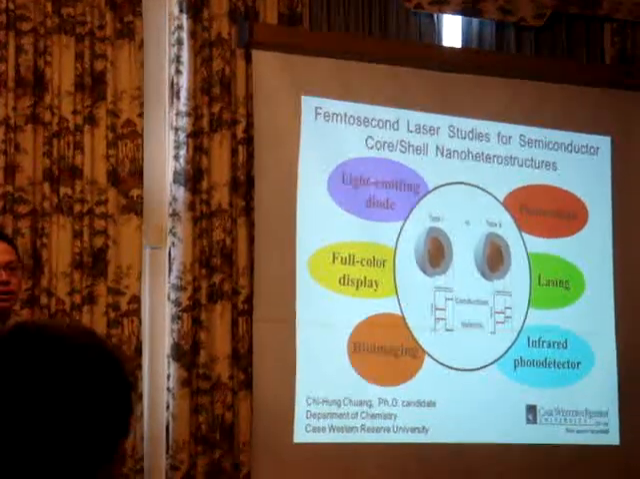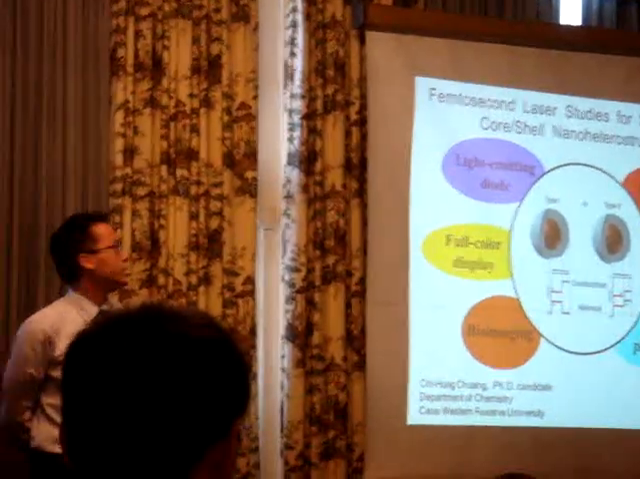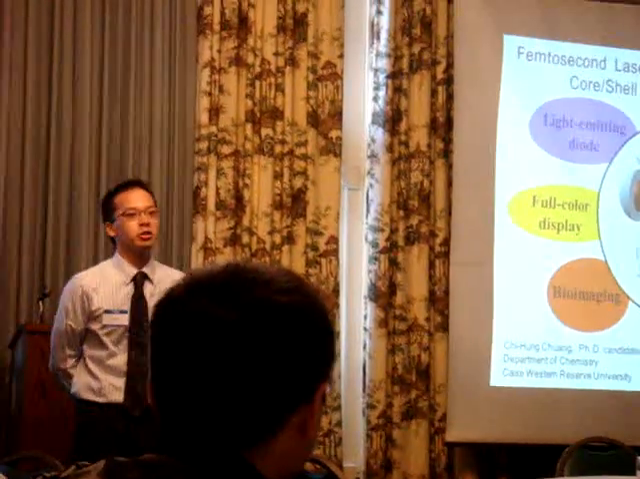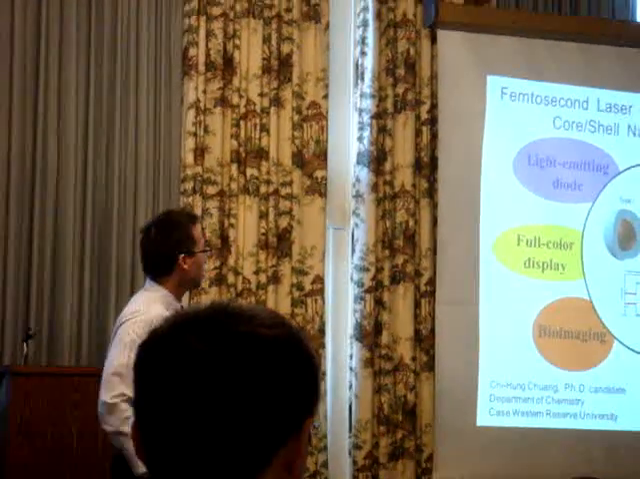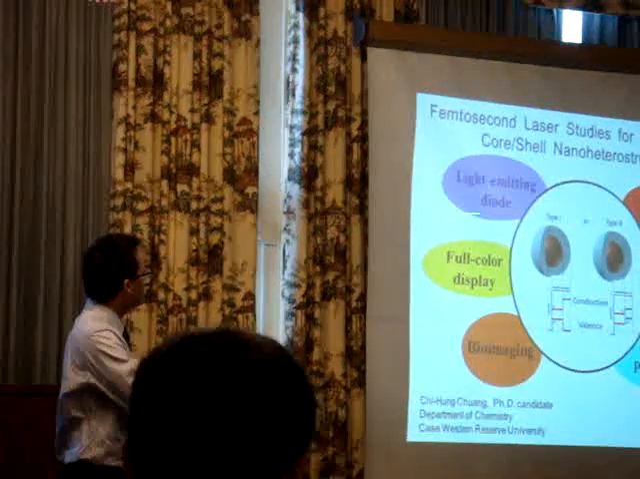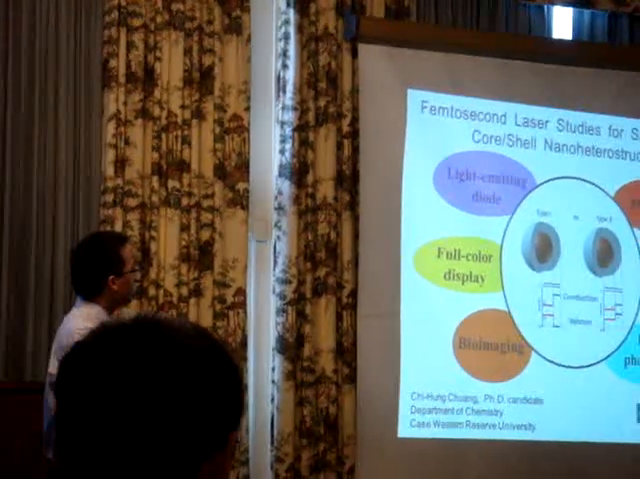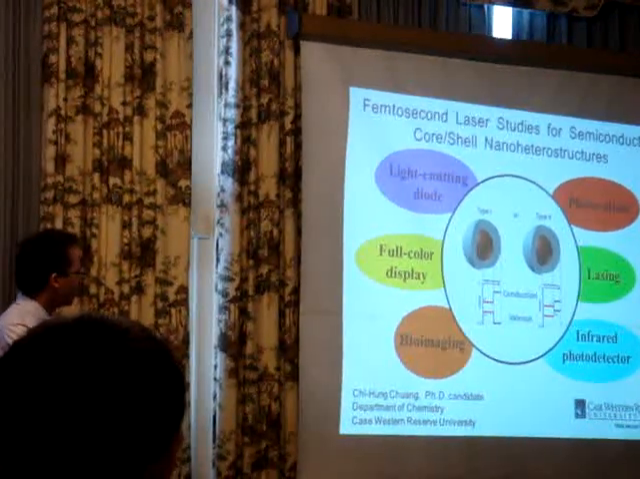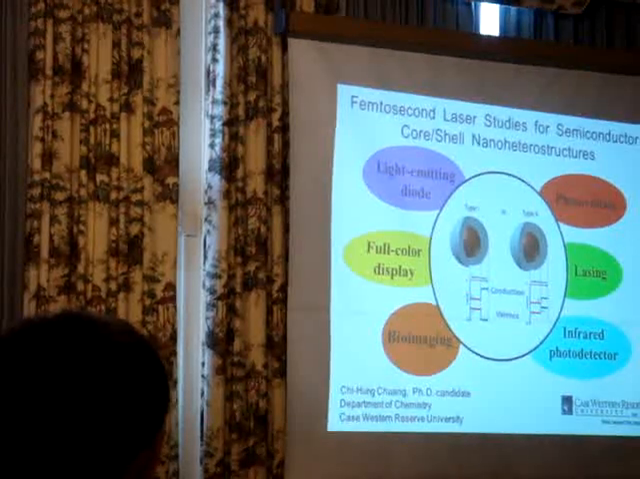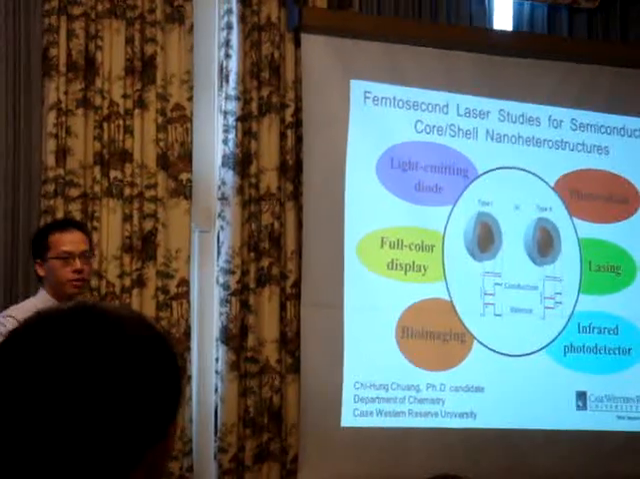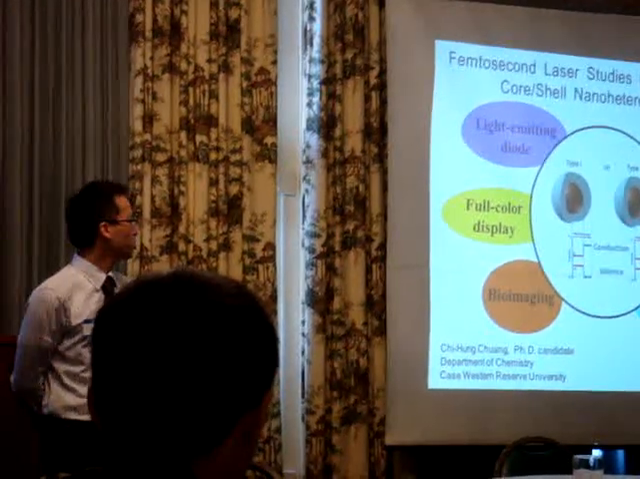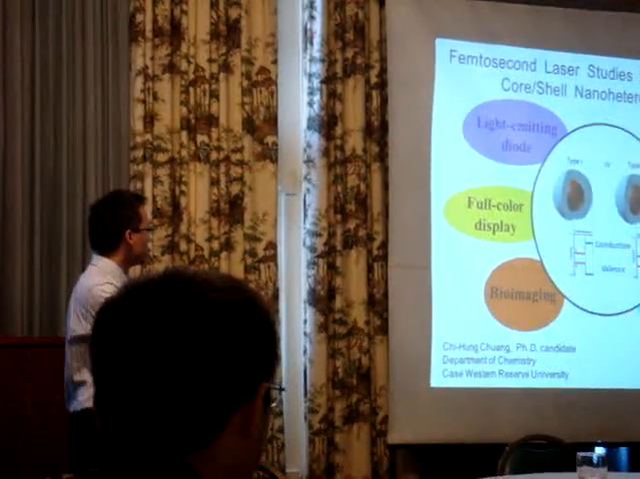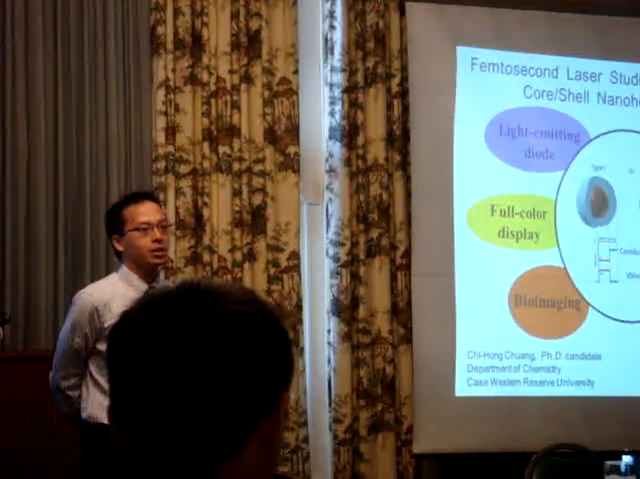There have been a lot of applications using semiconductor core-shell nanoheterostructures. People have used this kind of material to make light-emitting diodes, lasing material, photodetectors, and even television. This kind of material is highly emissive, so it is also used in bioimaging, although the toxicity is still